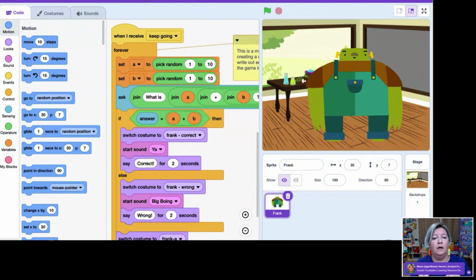And this is where then we can decompose and you're separating out the parts, and sometimes you have to use join blocks inside of join blocks, right? So again, it may look intense, but once you start to sort of break it down and decompose it, hopefully then students will feel less intimidated by trying this and using these operators and like these join blocks or these pick randoms. And then you see you could write an equation to get the answer. So in this case, you'll see that equation here. If the answer that the user has provided equals A plus B, then correct, otherwise incorrect.